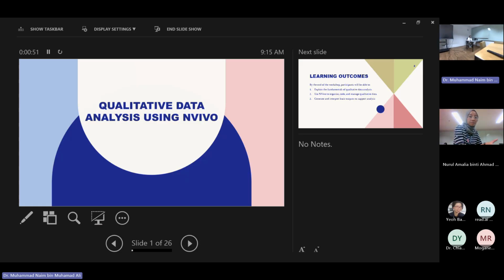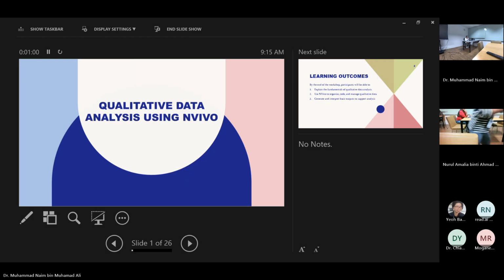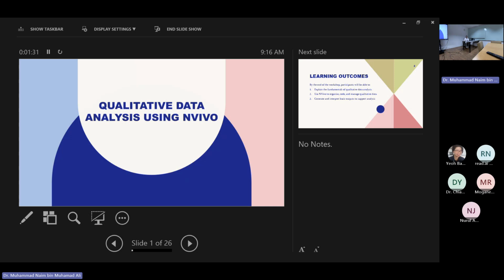Okay. Before I begin, may I know, has anyone of you used NVivo before? Or if you are very familiar with qualitative, what software have you used to analyze your data? No software. So meaning that you use manual. Wow, I salute those who did manual coding because it's a lot. Okay, what about others? Has anyone ever used or heard of NVivo?